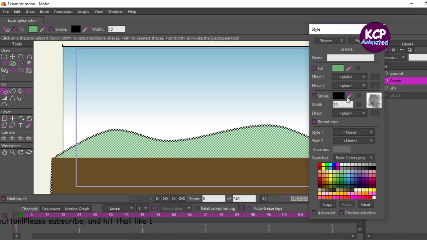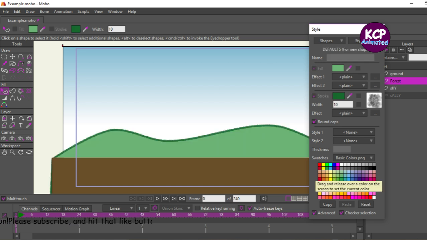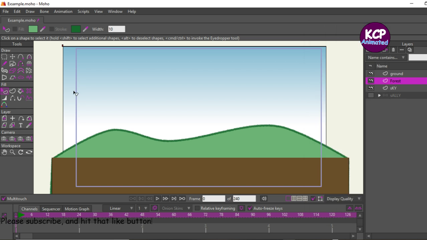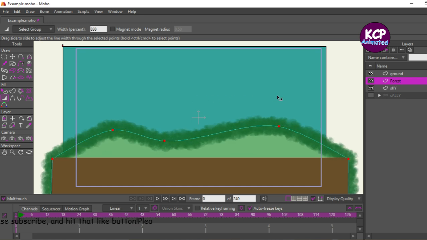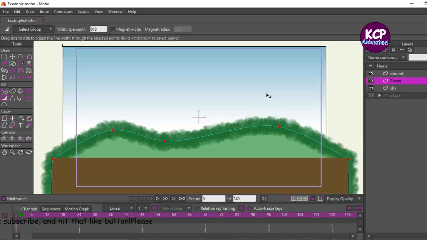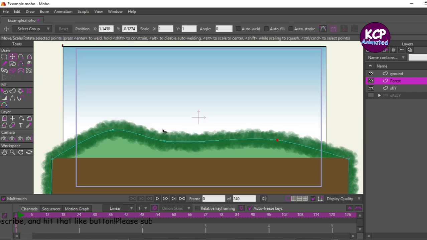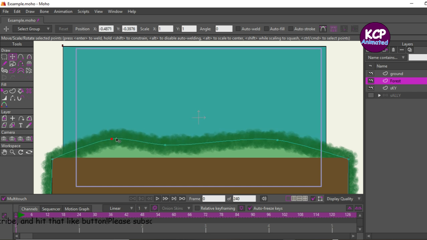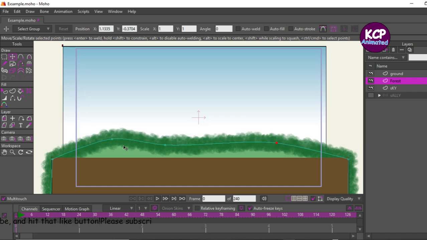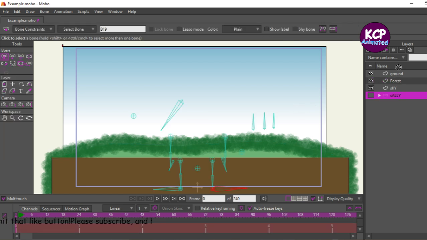Put in 10. Let's also select the point, press W, so that way it looks like a forest, kind of. I'm just too lazy to make a tree right now. Anyway,